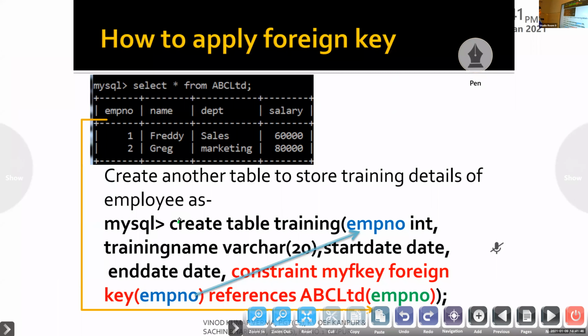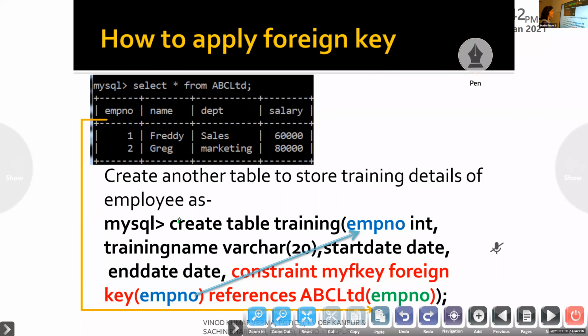Foreign key constraint. There is something slightly different with this, a little bit complicated. But after studying it, it's just a piece of cake. Now see: create table training, EMPNO int, training name varchar 20, start date, end date.